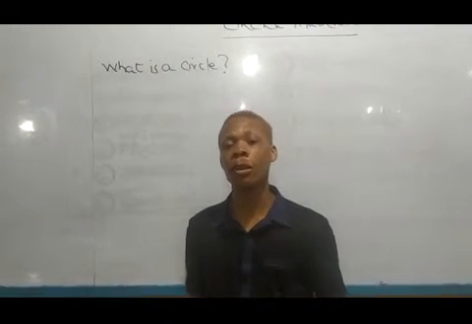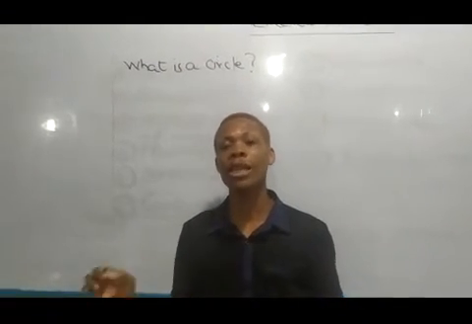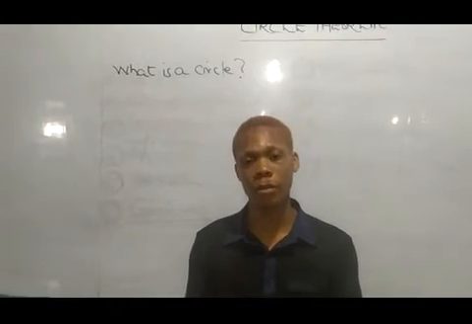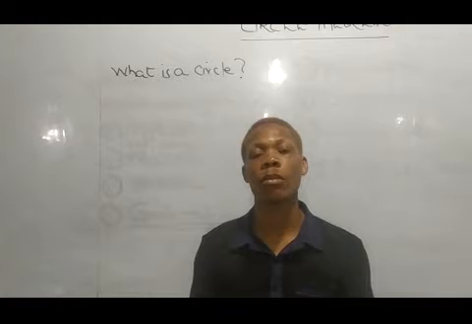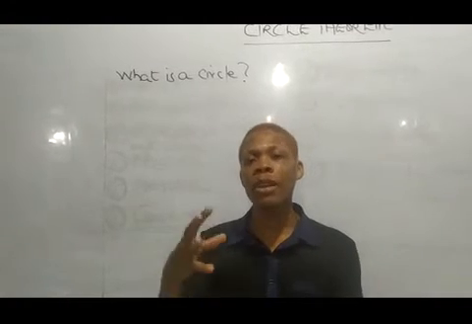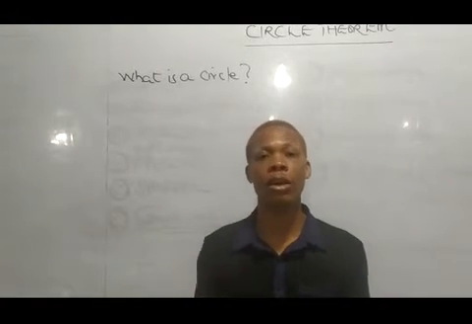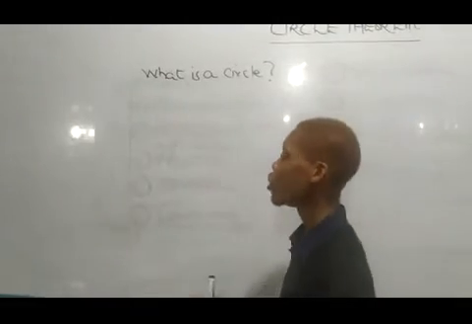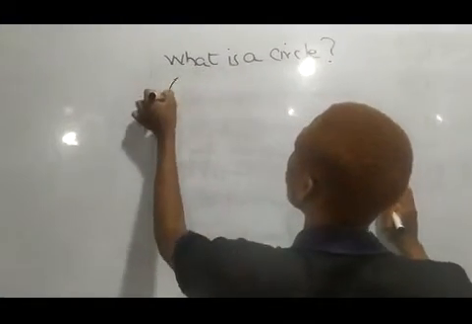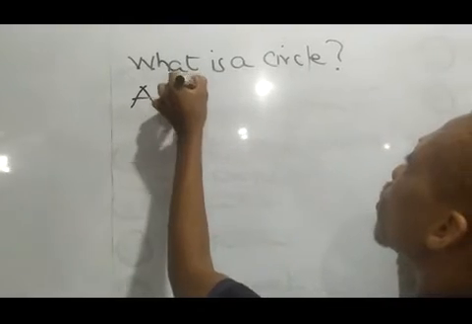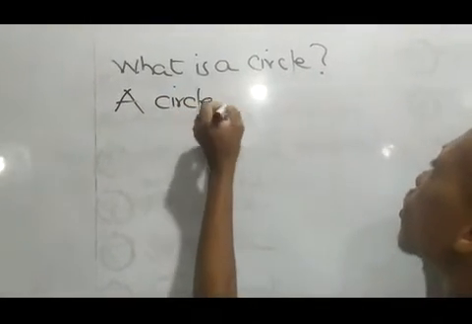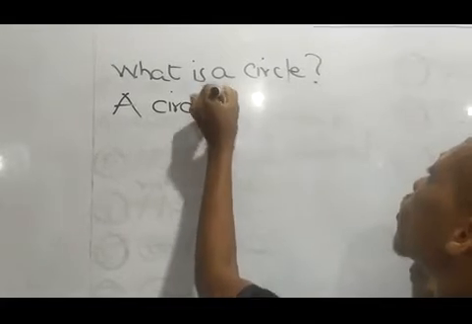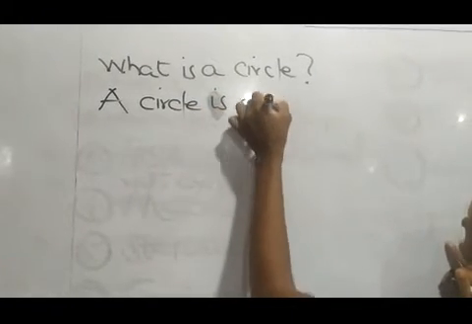A circle is a locus of points equidistant from a fixed point. And the fixed point is called the center of the circle. So let me write the definition on the board for you. A circle is a locus